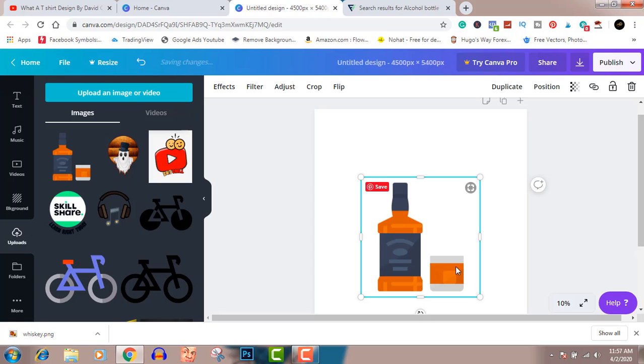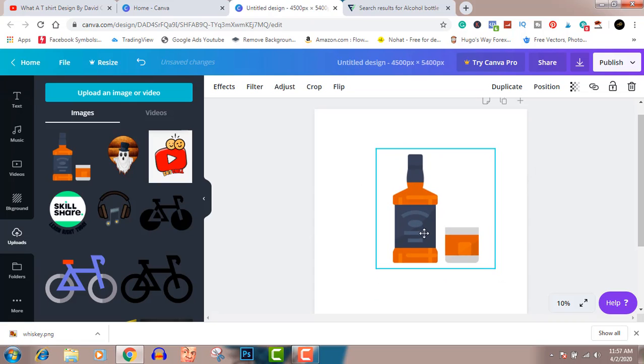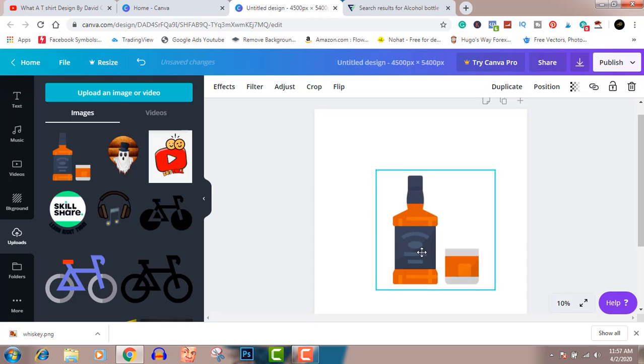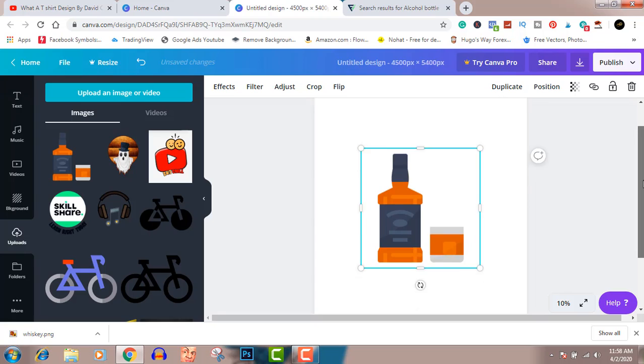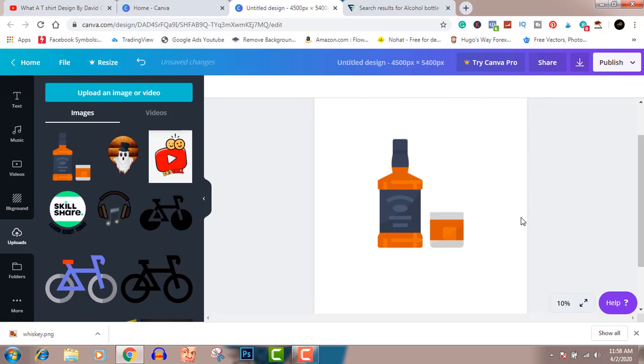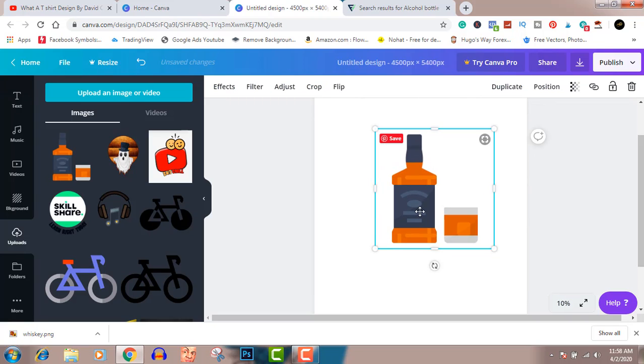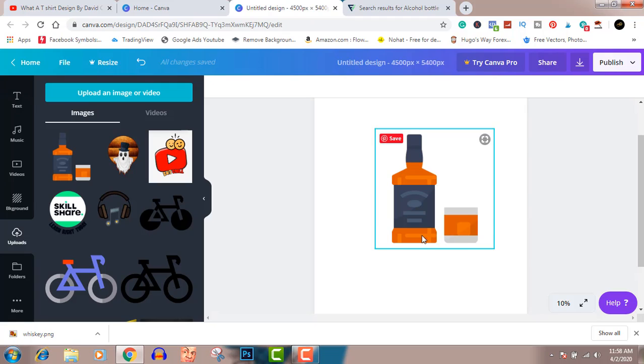So just click on this. So I'll just try to position this somewhere. So what I want to do now is to get rid of the cup. Yes, I want to get rid of the cup. So to do that, I'll just come to